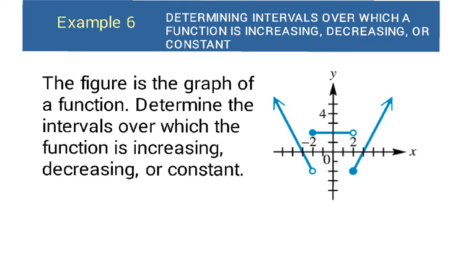Okay, this example is asking us to determine the intervals over which the function is increasing, decreasing, or constant. And how we do this is we read the graph from left to right. We never read the graph from right to left when determining increasing and decreasing, okay? So, determining it going this direction, we can see that this portion of the graph is falling. All right? So, it is decreasing